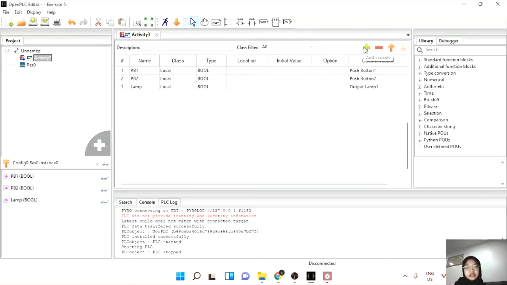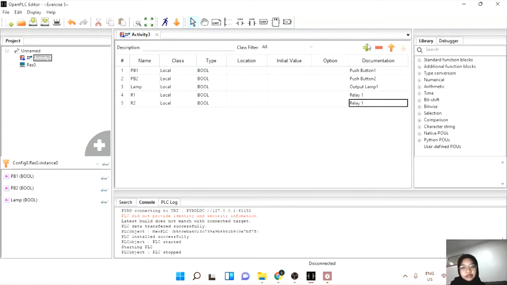And for activity 7, we have to add the relay R1, which stands for relay 1, and then we have timer for output timer 1, and then for the first circuit,